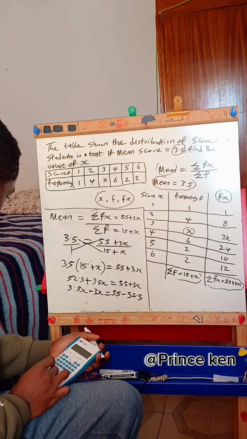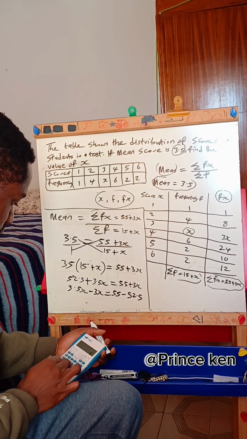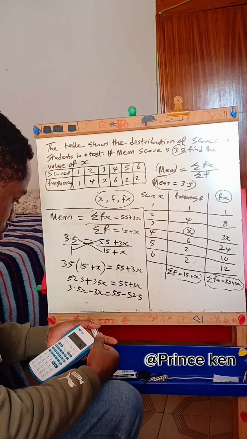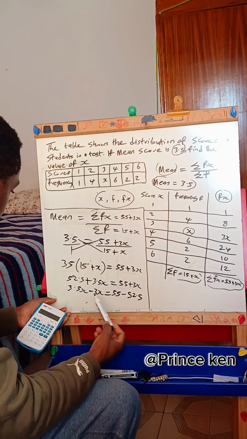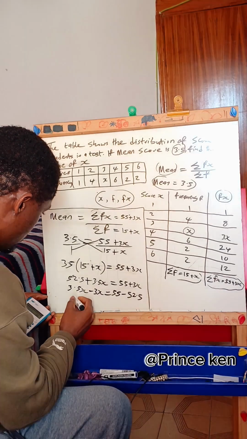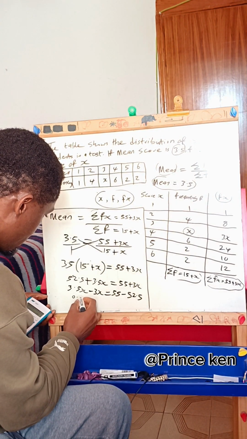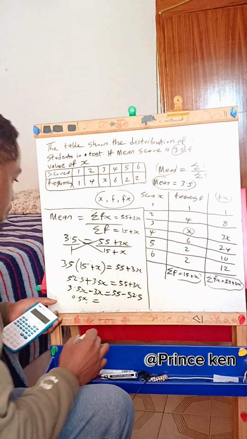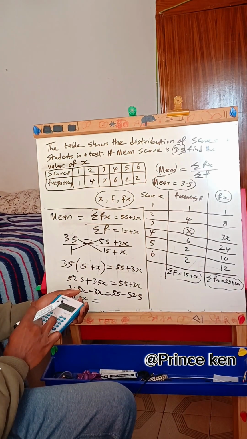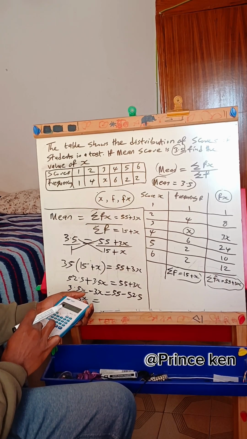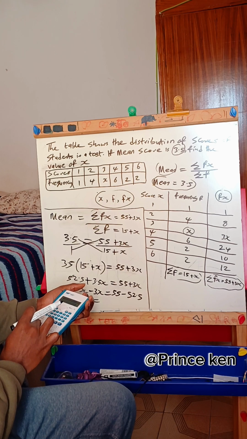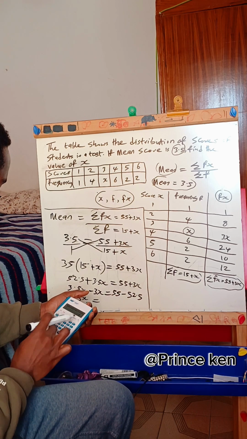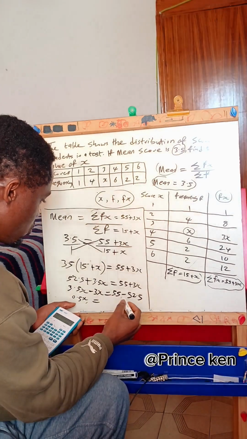You know that 3.5 minus 3 will give you 0.5. 3.5 minus 3 will give you equals to what? 0.5x equals to 5 minus 2.5, 5 minus 2.5 will give you equals to